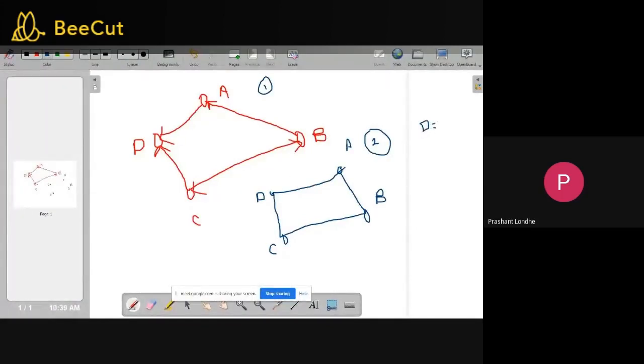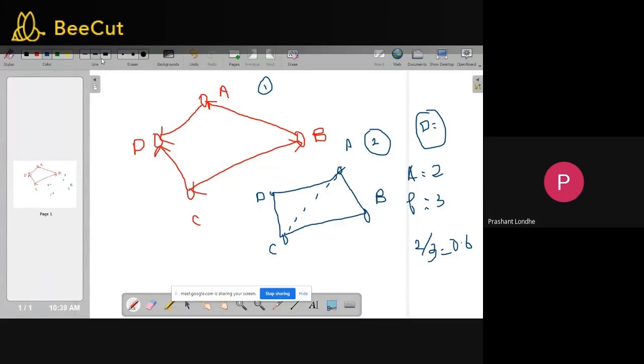Now here, number of edges towards A is equal to 2. Number of possible edges will be 3 because there might be an edge between C and A, but we don't have that edge. So number of actual edges is equal to 2 and number of possible edges is equal to 3. So density will be how much? 2 divided by 3, that is something like 0.6. So 0.6 is the density for node A. In the same way, you can calculate the density for node B.